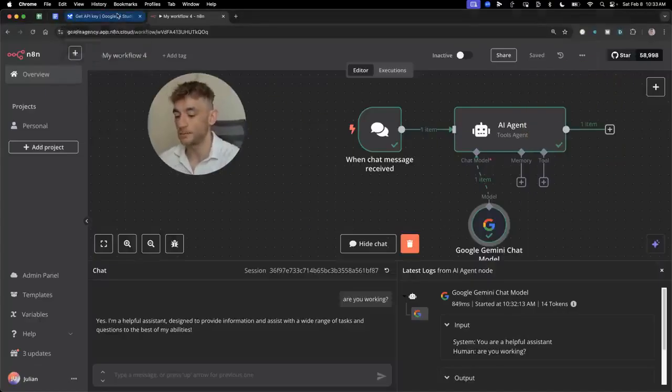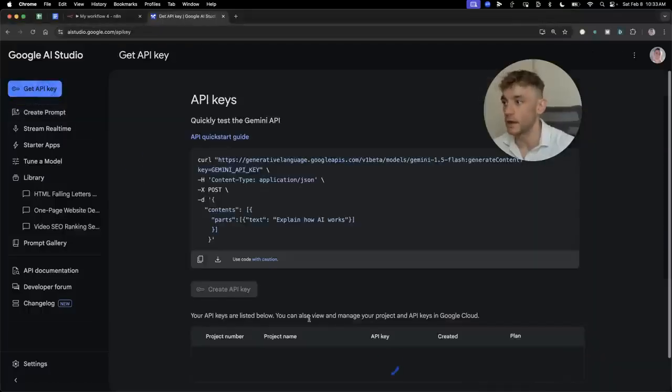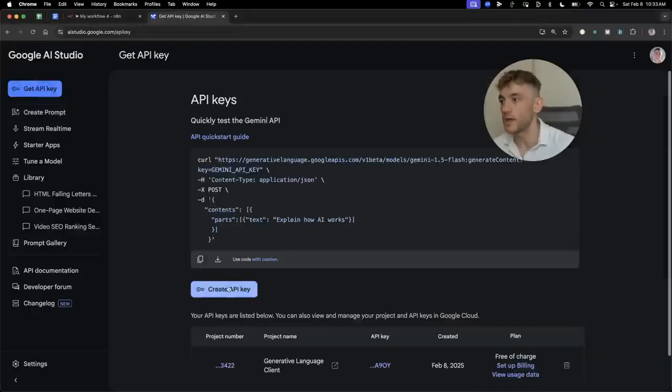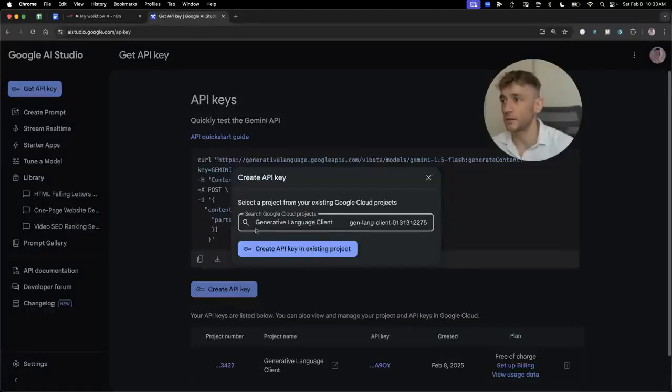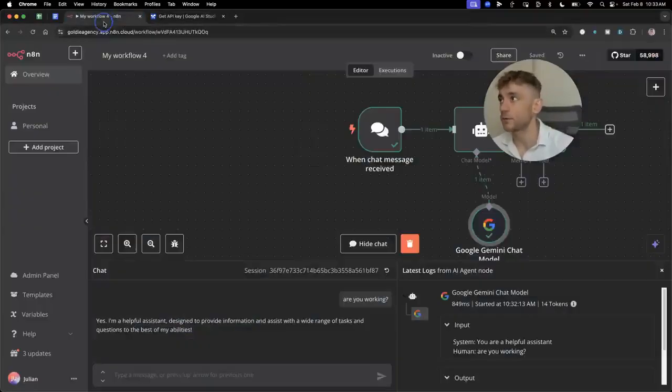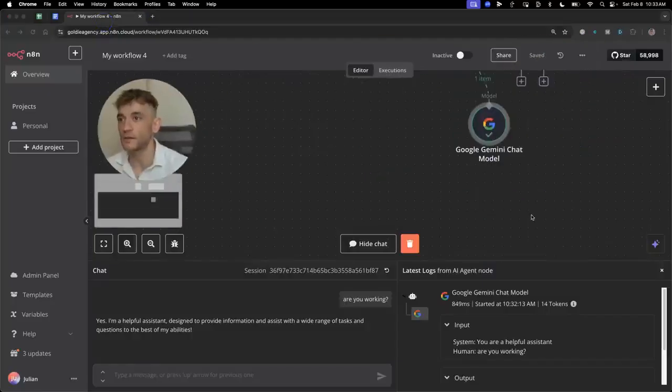Now, the way to do that is you are going to go to aistudio.google.com, then you're going to go to get API key. From here, you're going to click on create API key, and this is completely free. And you can just click create an API key. Once you've done that, you can actually plug that into an AI agent workflow like you can see inside